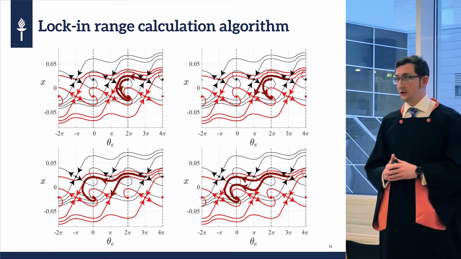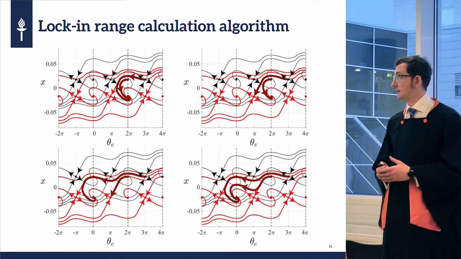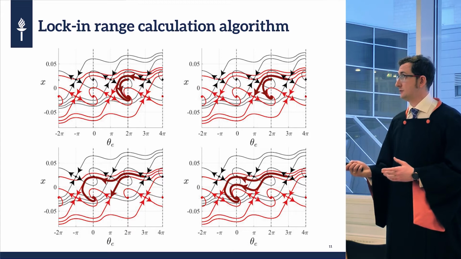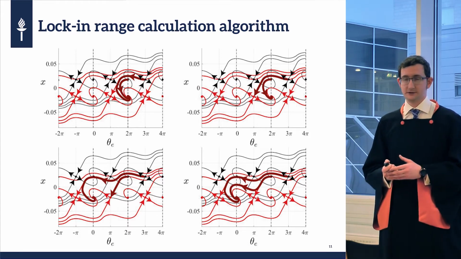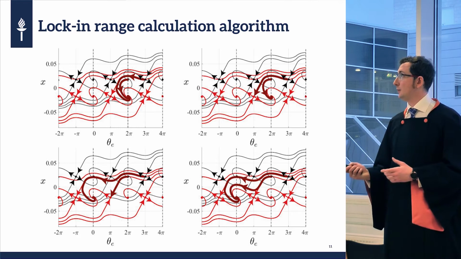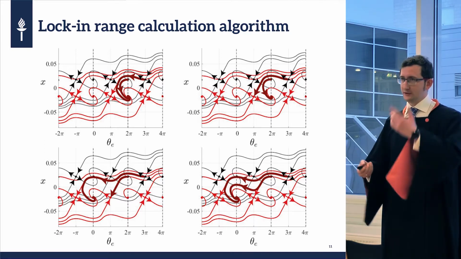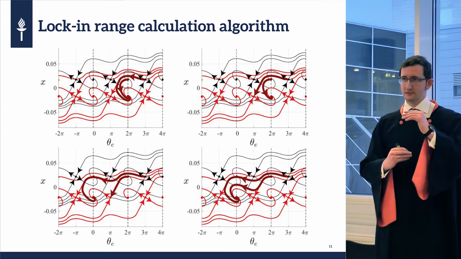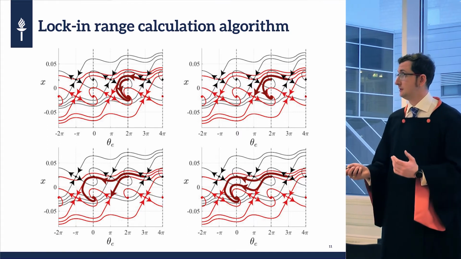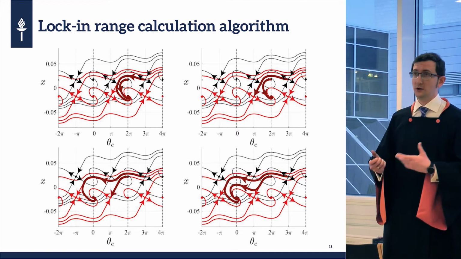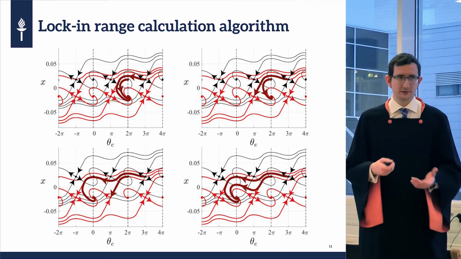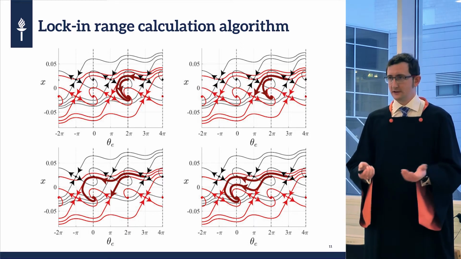What does it mean in terms of phase portrait? Well, we have several pictures here. One of them, on the top left, is synchronization without cycle slipping. We are in the black trajectories, and the synchronized state can be either unstable or stable. And after the switch, the phase plane shifts, and the equilibria are now new, and one has to track the synchronization process to obtain whether it slips cycles.